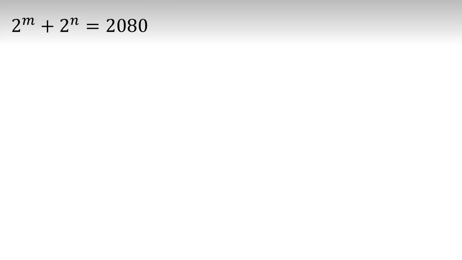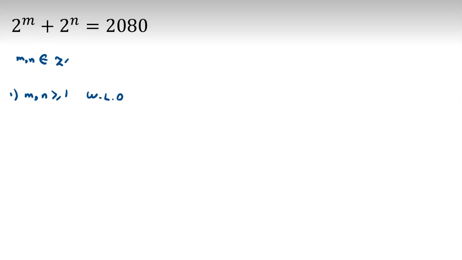2 to the m plus 2 to the n equals 2080, and we want to find m and n. M and n are integers. So here, at first, I consider if m and n are positive, at least 1, then